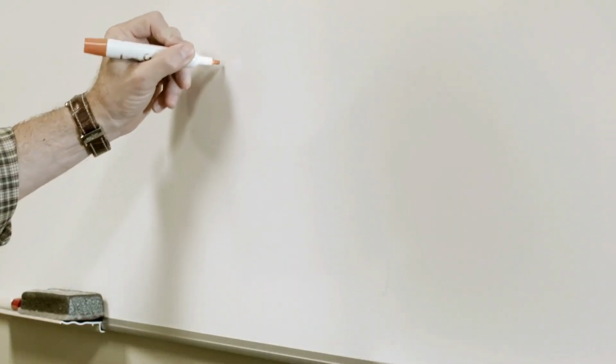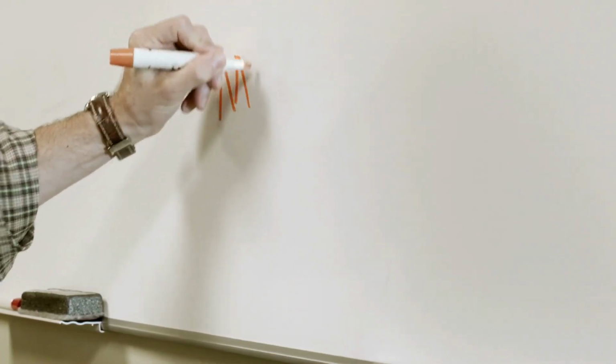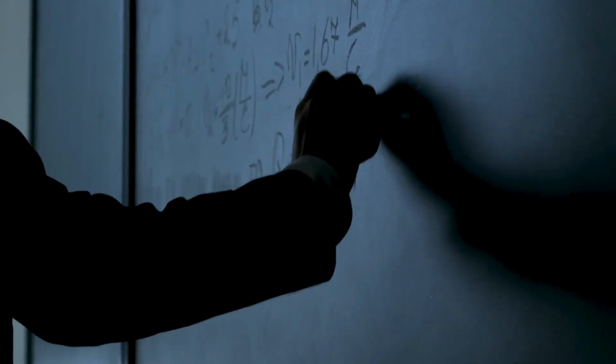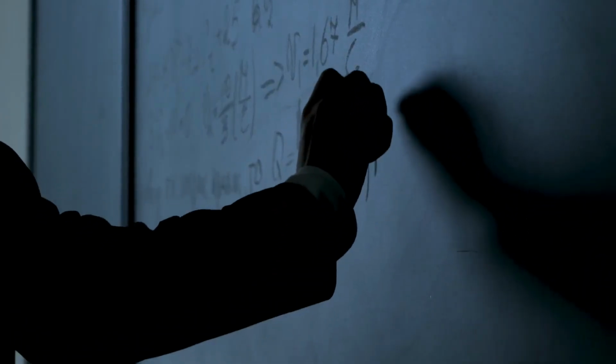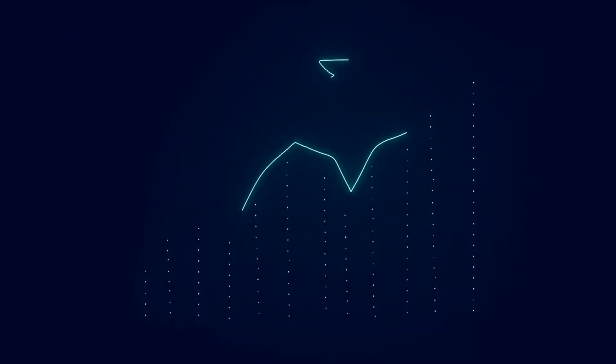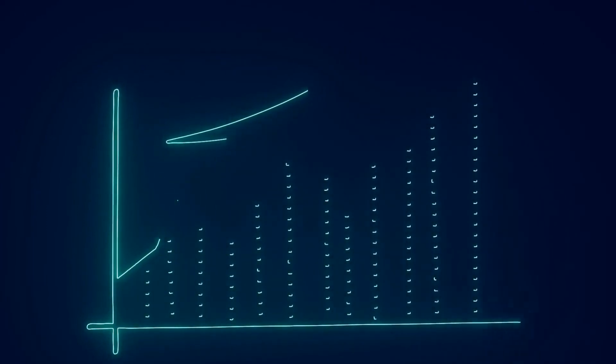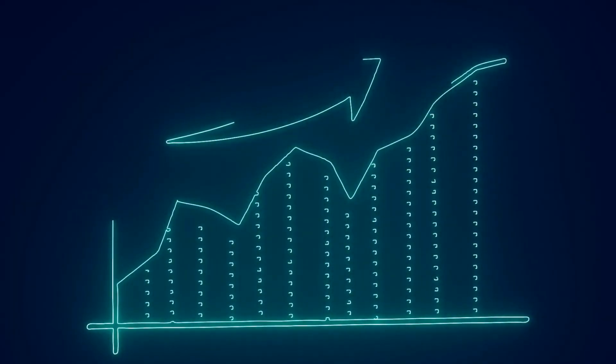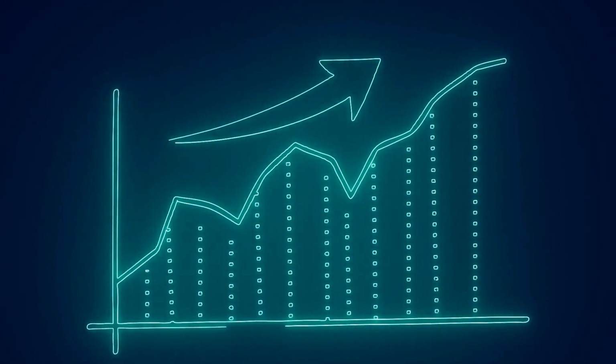Now that we know the components, let's look at how to calculate the PE ratio. The formula for the PE ratio is quite simple. PE ratio equals price per share divided by earnings per share. For example, if a company has a current stock price of $50 and an EPS of $5, the PE ratio would be 50 divided by 5 equals 10. Next, let's interpret what the PE ratio tells us.